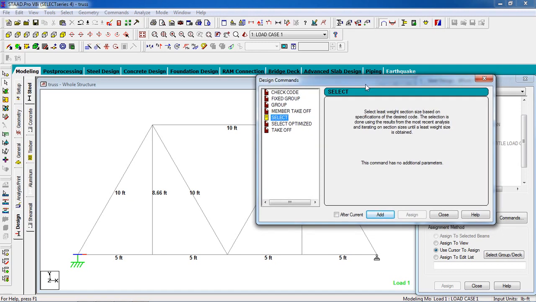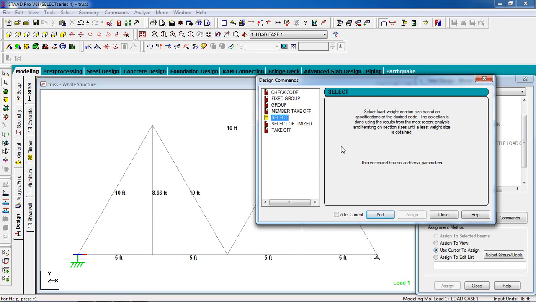Okay, now what is select? Select lists the weight and section size based on specification. Now the code will check my figure, and the code will decide what property can be given on the basis of load.